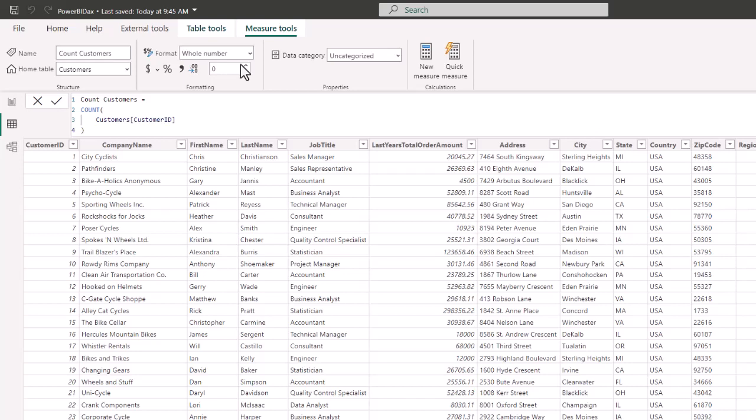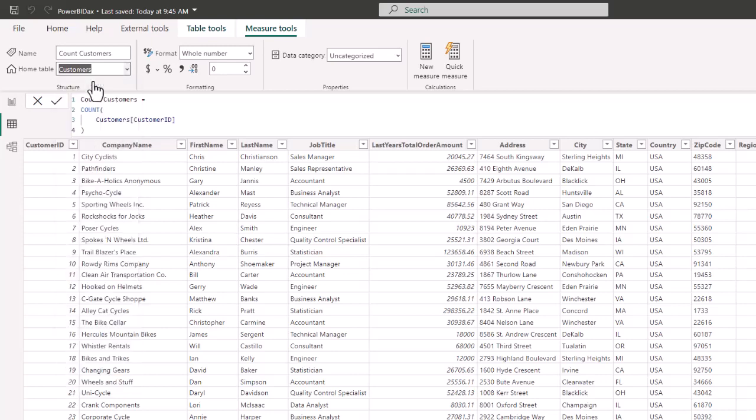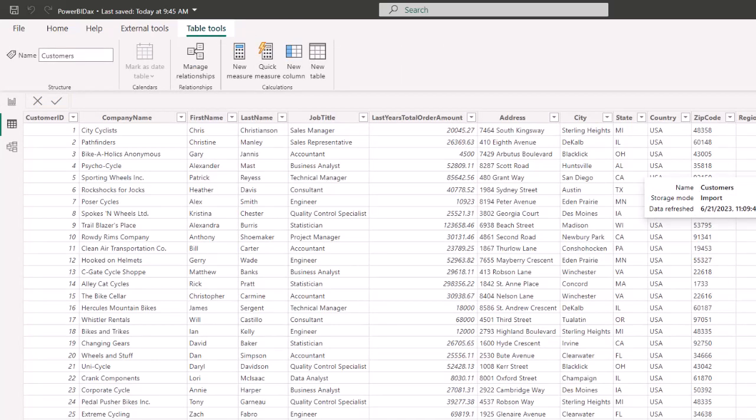Now the next measure we're going to create inside the count measures table is, first off, we're going to move the customers, count customers, and we're going to move that to the count measures. And the next thing we're going to do is add up, you can do this with a CountA. So to show you that there's really no difference in the number, we're going to go back to the customers table, and we're going to create a new measure,